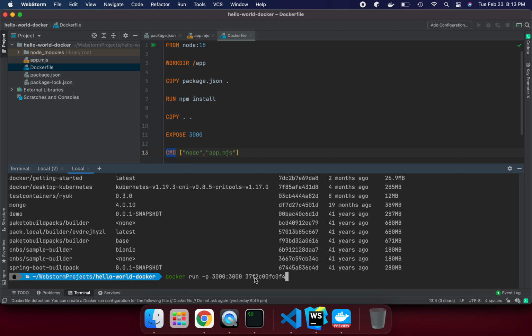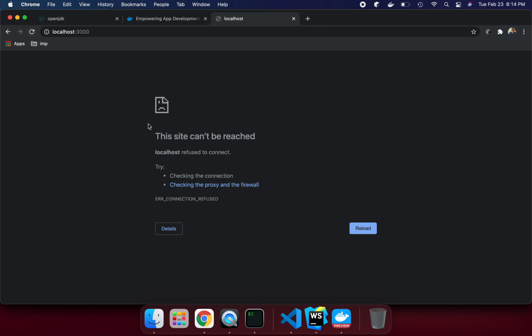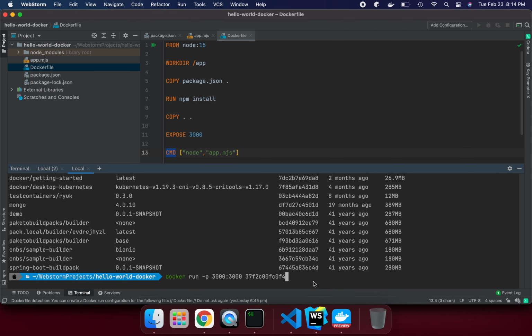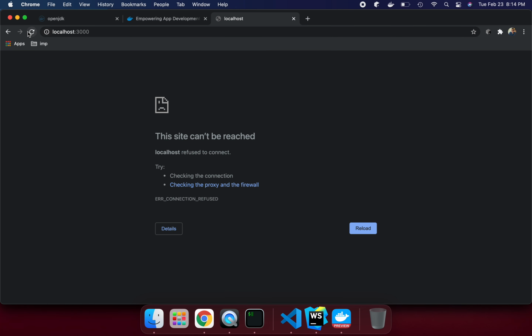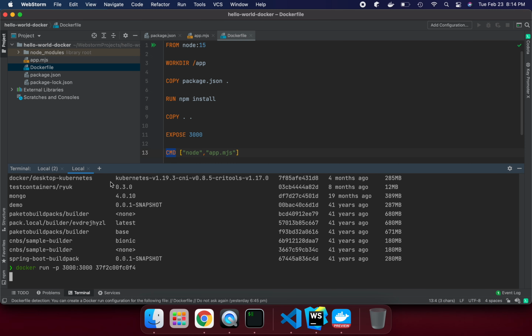And we are saying this is our image, or you can say the container we are going to run first for us. So if we see, I might have already closed it. If I refresh it, it's not working, because I already closed it. But if I run this one, let's see if it works. So it's working perfectly fine. So we are running through the docker containers.